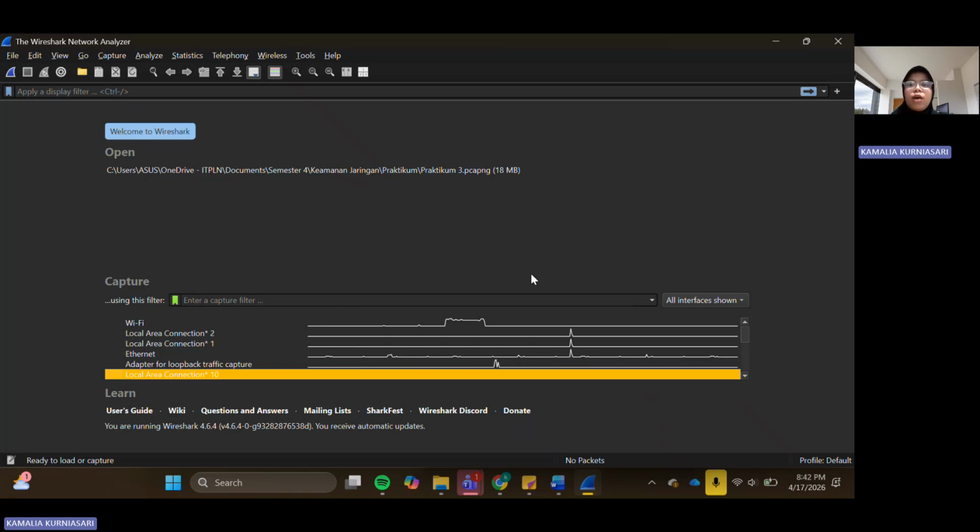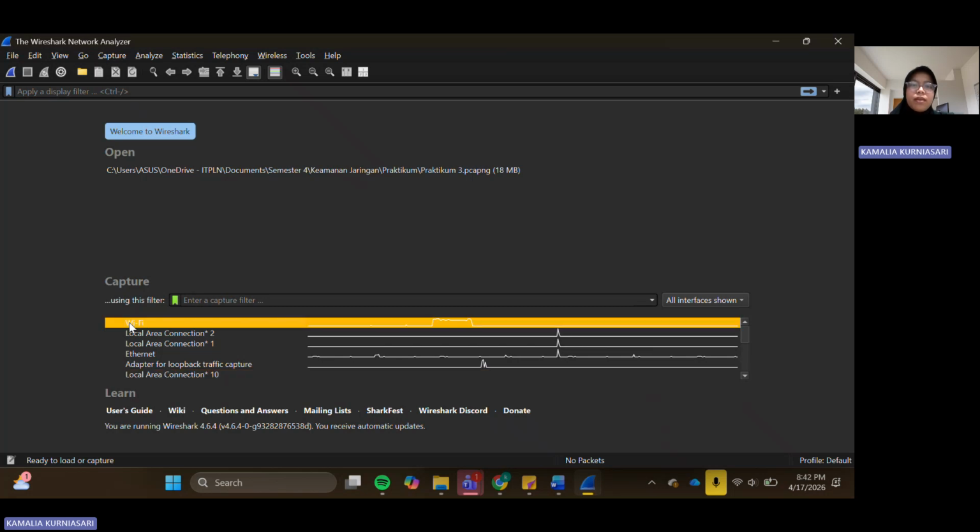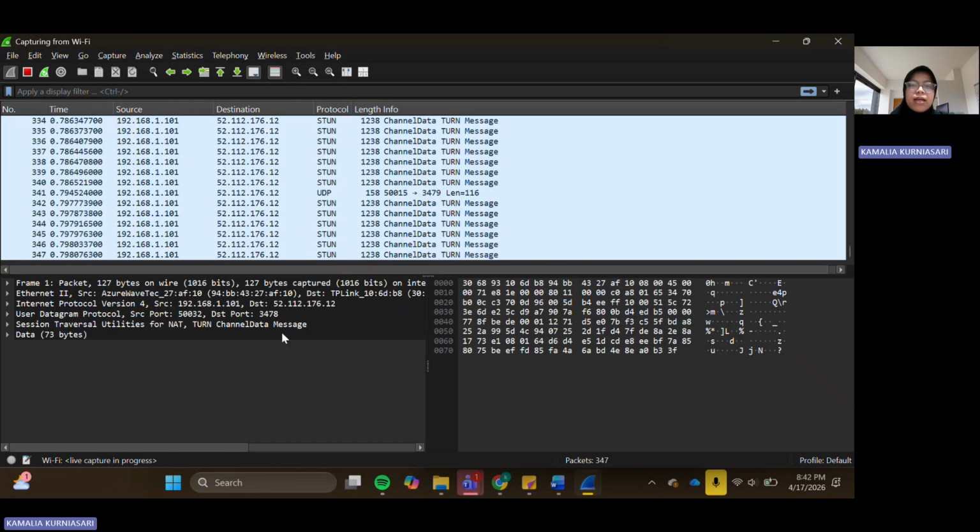The first step is opening the Wireshark application, and then selecting the active network interface, which in this case is Wi-Fi. After selecting Wi-Fi, the Wireshark interface will appear and start capturing network traffic like this.